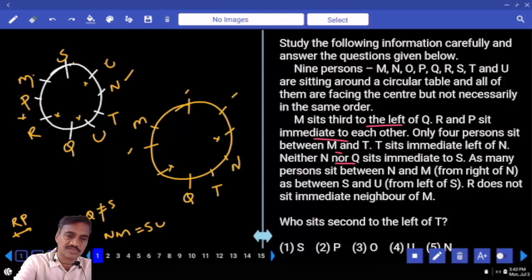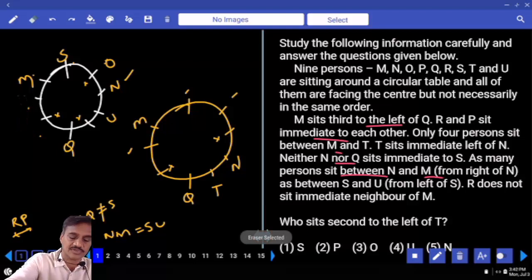Then who is the person left over here? O. And as many persons between N and M, from the right-hand side of N, how many people are there? Only 2 people, isn't it? Now how many people are there between N and M? Only 2 people. As there are only 2 people here, where is this Q? U must be at this place, isn't it? Now Q is here, then